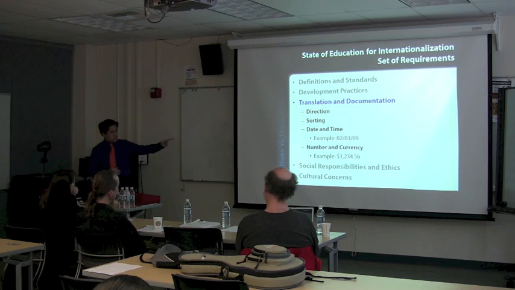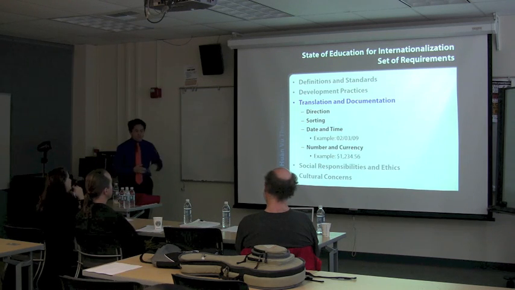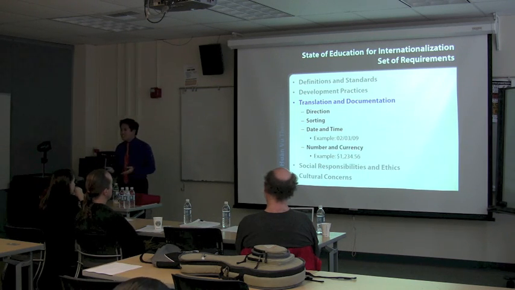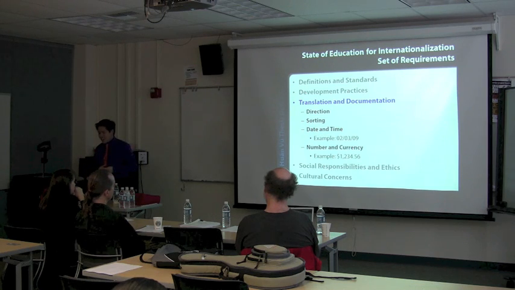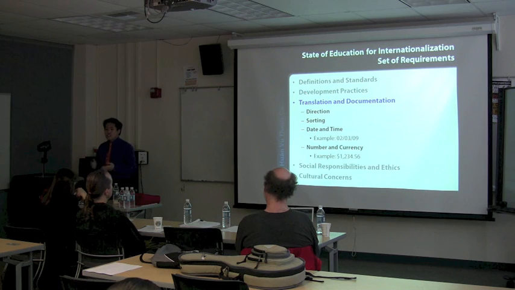Which goes to the next one, number and currency. There's your ambiguous example of $1,234.56. Is that for the United States, Australia, or Zimbabwe? And in addition to that, all the countries have their own different currency symbols and also placeholders. For example, instead of a comma, they might use a period, semicolon, various characters, or even a space too. Those are the things to be mindful of.